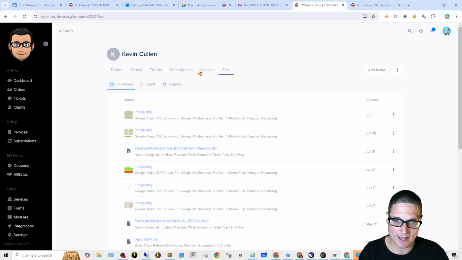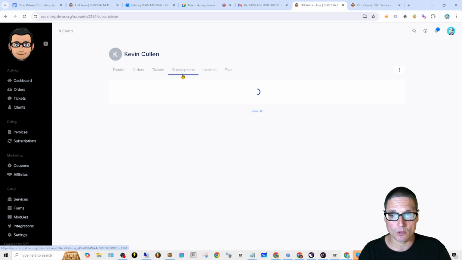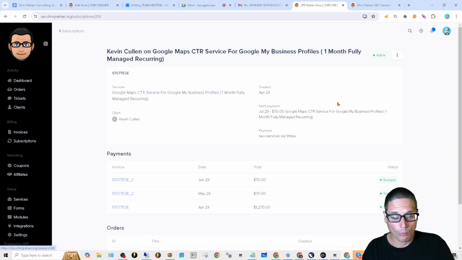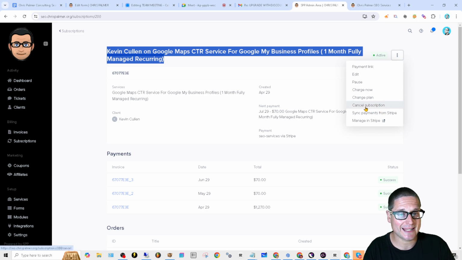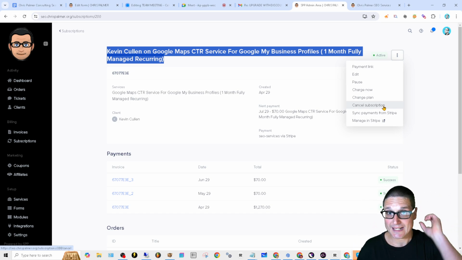So what you'll want to do is you'll head over to your invoices. Once on your invoices, if you know your invoice number, you can stop the recurring payments from this screen, or you can go to subscriptions, which is right here. Click on the ID. Once on this screen here, you have your service up at the top. You have the proper ID, which is listed right here, or order number. In order to stop the recurring payments from credit card within our portal, you'll go to these three dots here, and then you will do cancel subscription. This is directly connected to Stripe. You can cancel right from here.